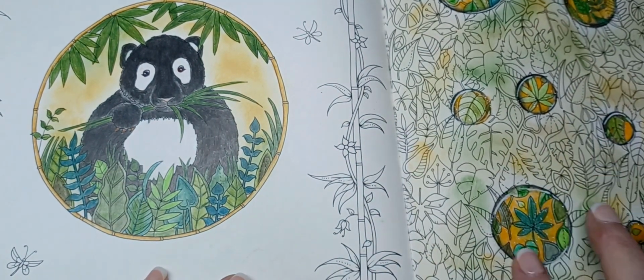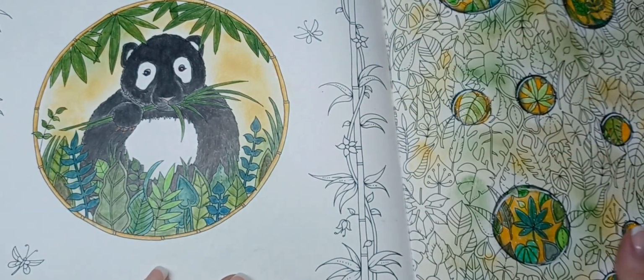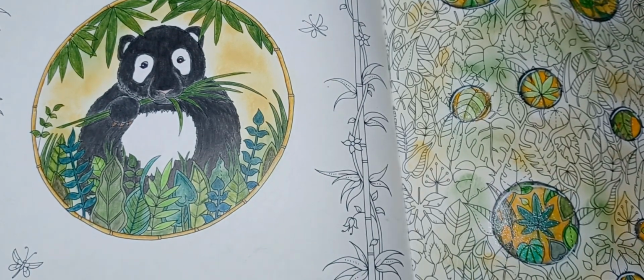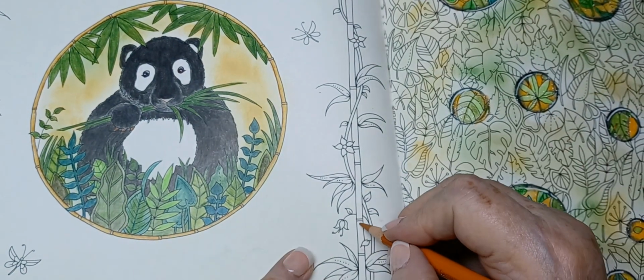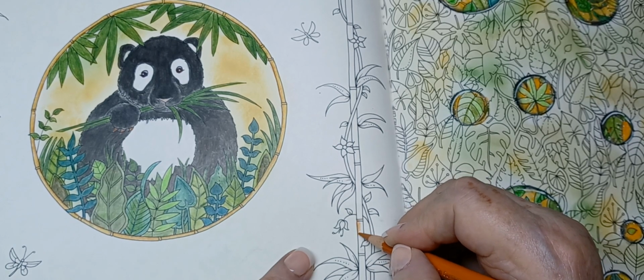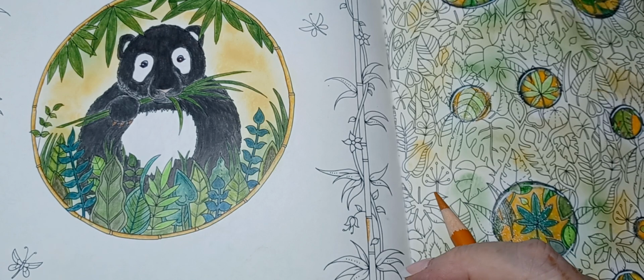But I am going to go around this with my pasta pen, I think. I don't like the black. All right, so now, let's see, we're using this color on the inside. And I definitely need a...